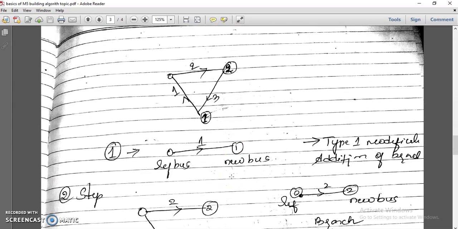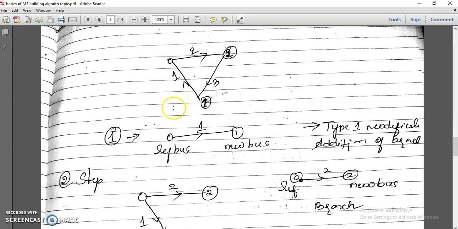I am taking one problem here, that is the building algorithm. Before going to this, as you know, if you are adding a branch in that problem, you have to find the individual impedance values in the building algorithm. And if you want to check the answer you get by the building algorithm, you can do it by the inspection method also. Before going to that, let us see which types can be applied to this network. Now I will take the first element.